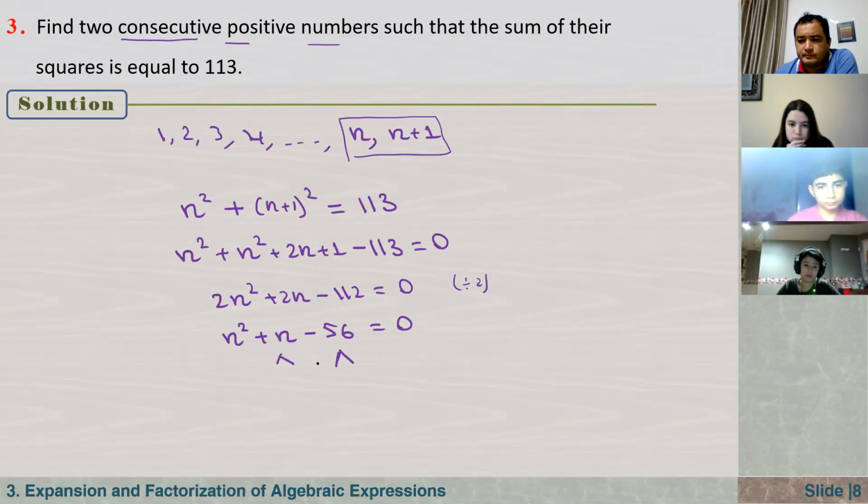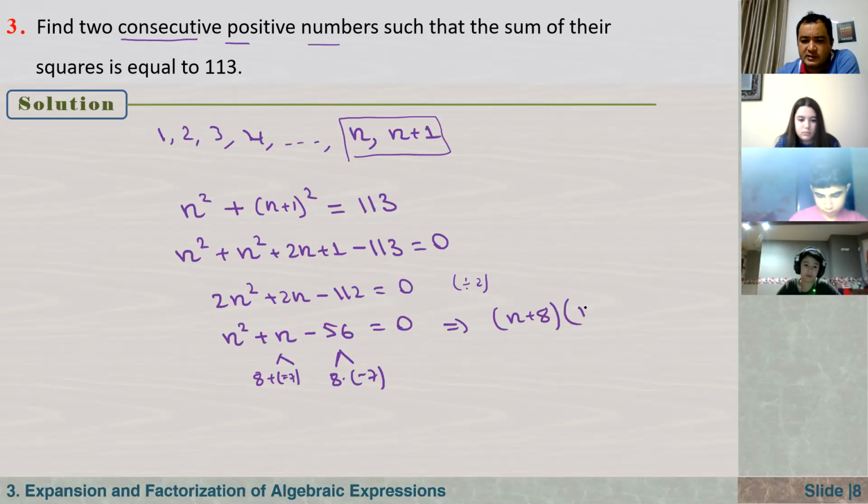Hmm. So immediately you have to just factor this 56. 1 times 56 doesn't work. 2 times 28 doesn't work. 7 times 8, it works, right? So I can write it as 8 times negative 7. How about here? 8 plus negative 7. So it works. So that means I can factorize it as n plus 8 times n minus 7 is equal